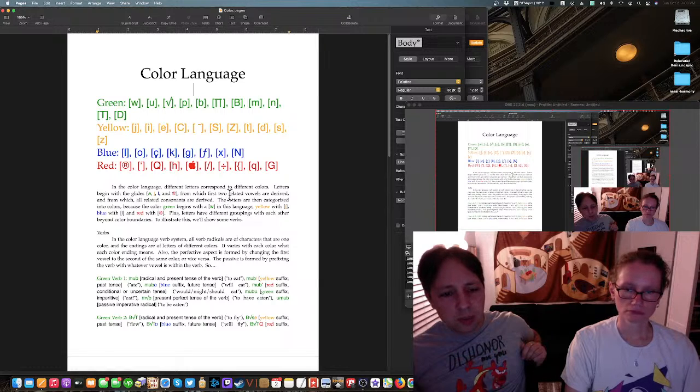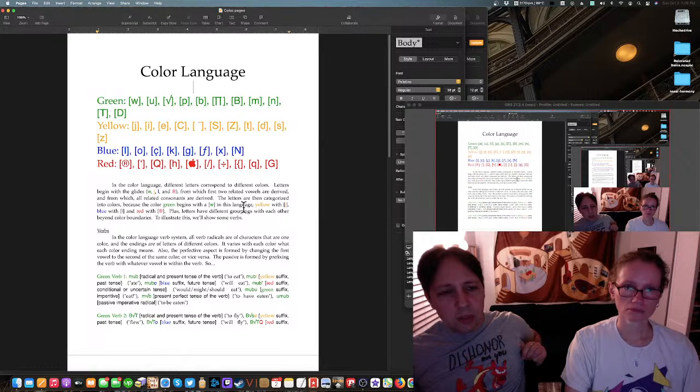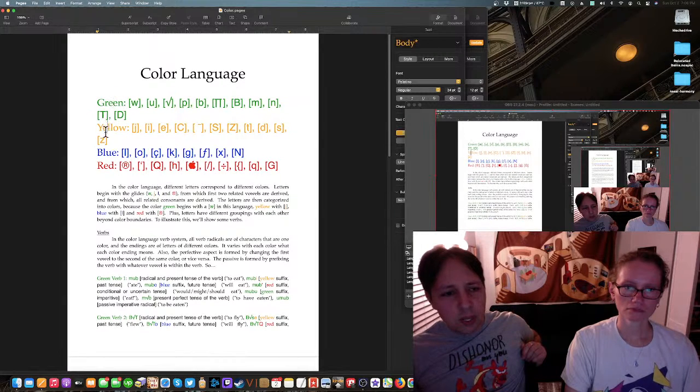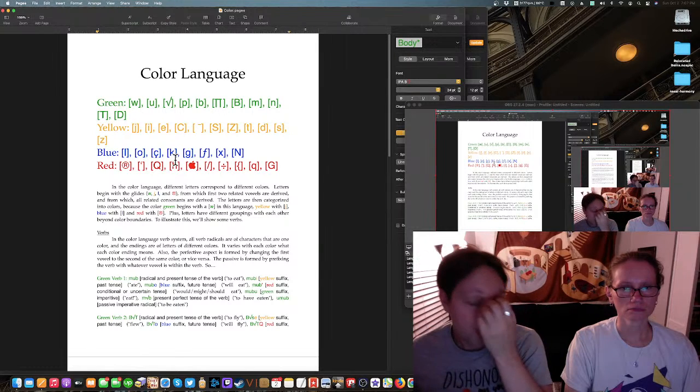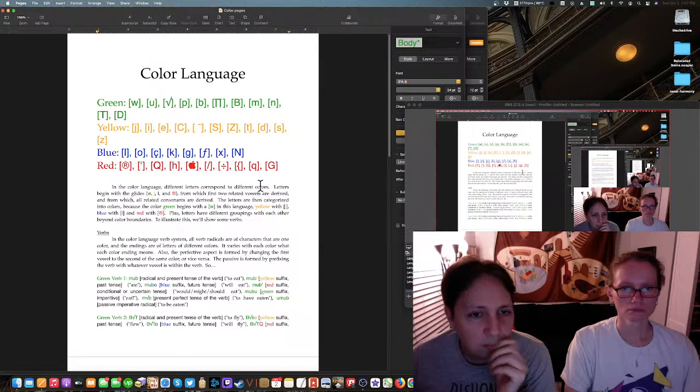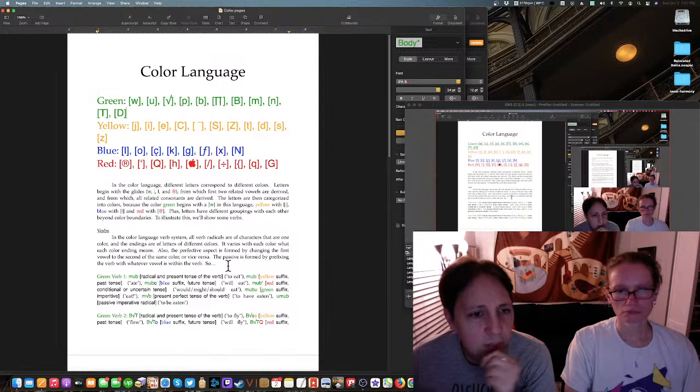Anyway, this was what I did. I created this language called the color language, and there were 4 colors: green, yellow, blue, and red, and there were phonemes associated with each color. They were assigned somewhat randomly. I don't think there was any rhyme or reason to why what was what.